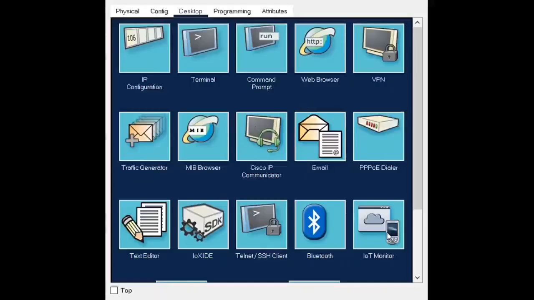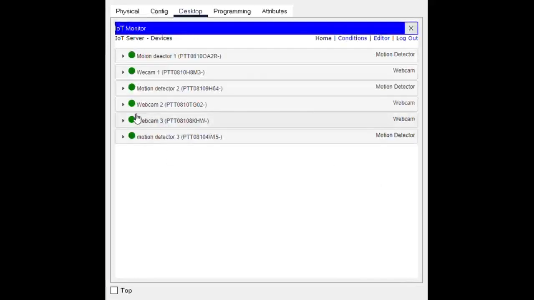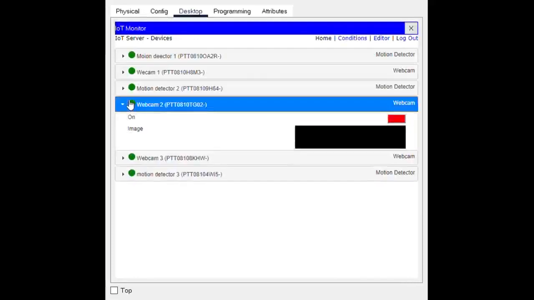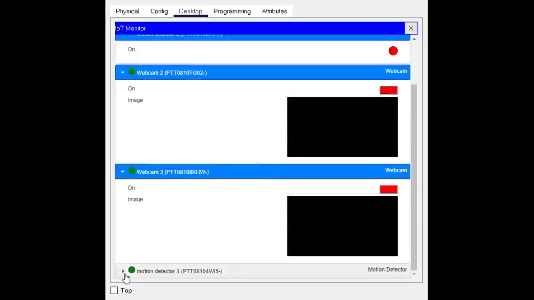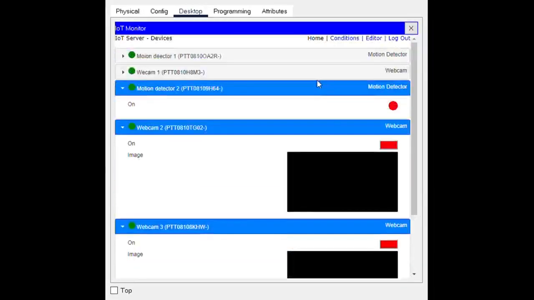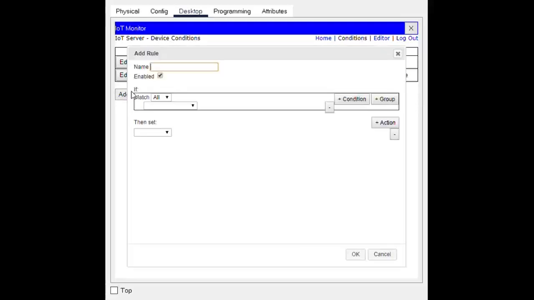So now we will go back to the IoT monitor. So as you see here, you can see webcam 2, motion detector 2, webcam 3 and motion detector 3. So now we have to add same conditions to webcam 2 and 3. We will name second conditions as webcam 2 on.